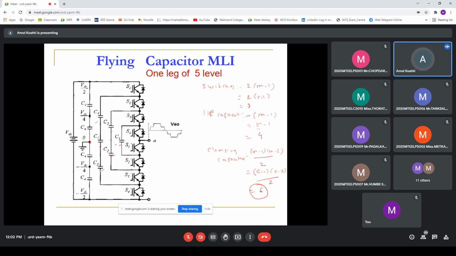Because of these clamping capacitors, we have a kind of storage. So while controlling means turning on and turning off switches, we need to take some precautions. If we see this problem from a practical point of view, we cannot take these capacitors directly into the circuit through the switches. So we need to develop some protections and additional protection circuitry.